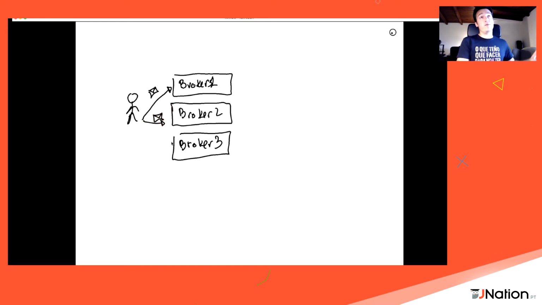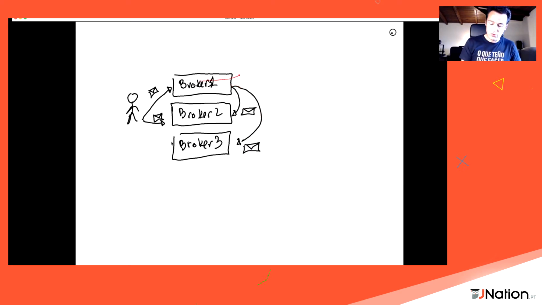It's not only from the producer point of view. When we send a message to broker 1, we typically also configure the broker to create a copy of that message, for example, in broker 2, and maybe even in broker 3. So this is the replica of our data.